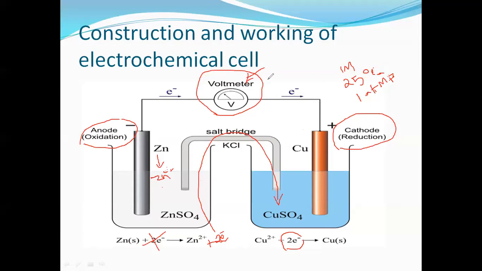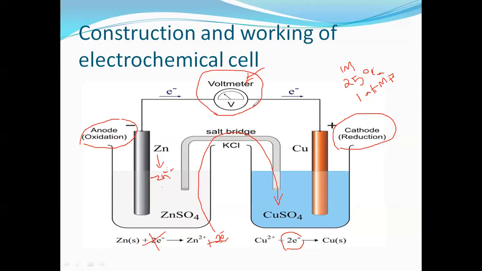Now see this. What is the role of the voltmeter? The voltmeter calculates the amount of electricity that is produced when the electrons are transferred from anode to cathode. Suppose zinc donates 50 electrons, that value is X. Zinc sulfate might donate 100 electrons. Then what will happen? The more the flow of electrons, the more the electrical power, the more the voltage. When the flow of electrons increases, the produced electric current also increases.